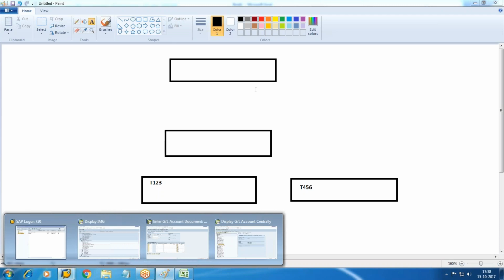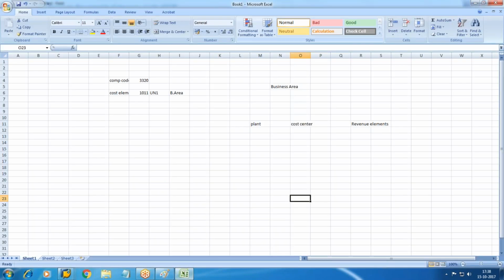Can the business area be linked with the profit center also, right? Business area is your cost component and revenue component. So yes, the business area can be linked with your cost center. Just now I explained how we can create it, so when we create a business area, you can,